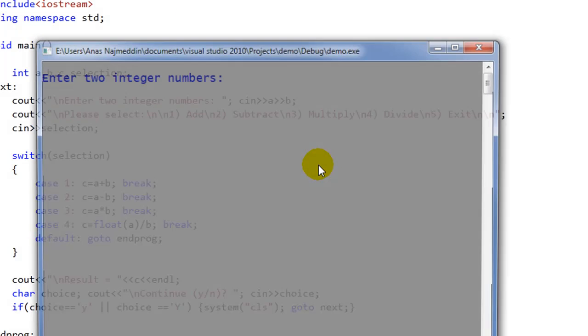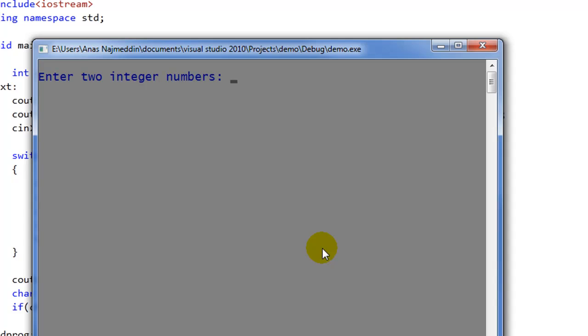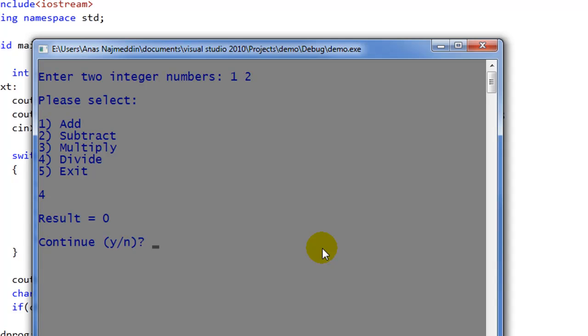So by running the program here, enter two integer numbers. Let's say that the first number A is 1 and the second number is 2, and from the menu, if I choose, let's say 4 for division, the result should be 0.5, but we are getting 0. This is because the variable C has been declared as integer, and therefore it does not store the floating point